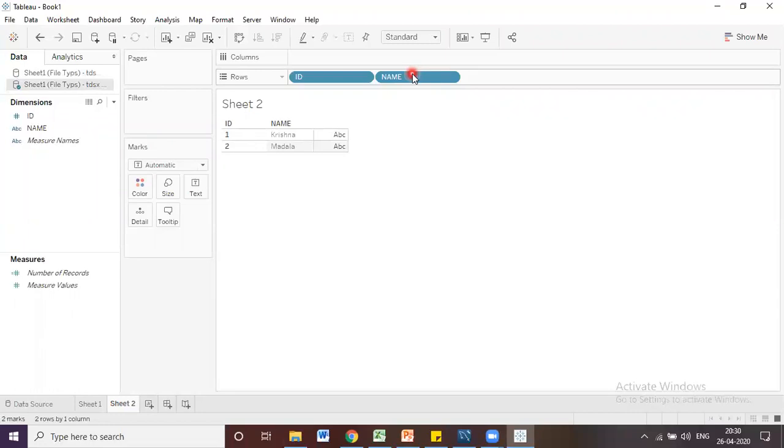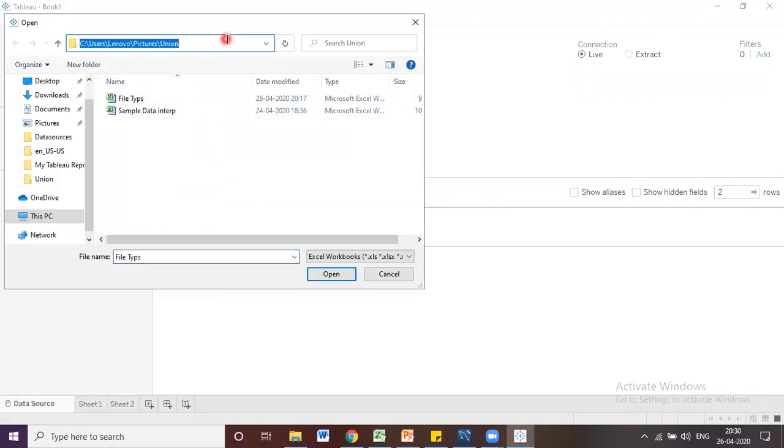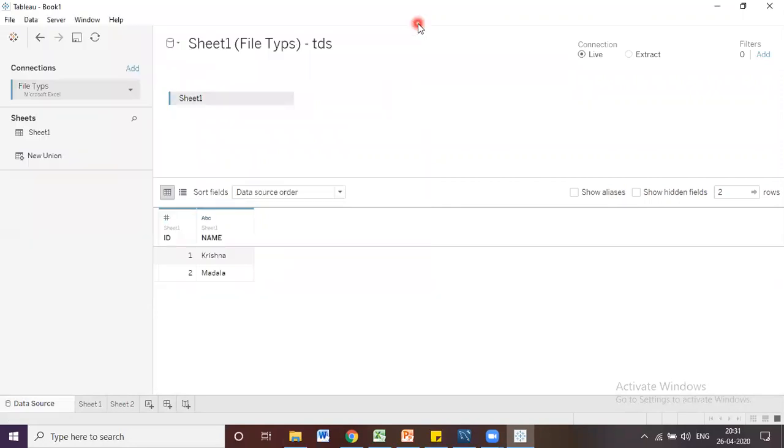Before that, I'm going to say that the TDS file contains the connection information. Connection information means edit location. See here, this is the path it will contain, meaning from where we are getting the data, what the file format is, and everything.